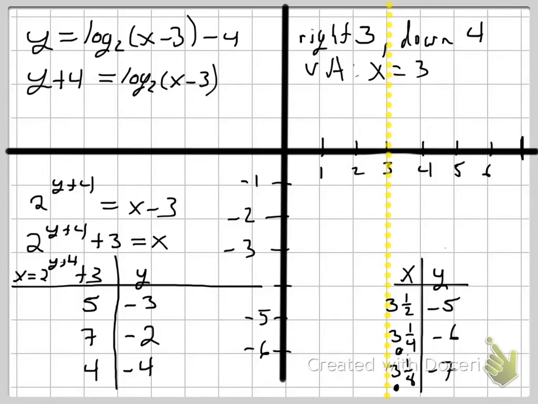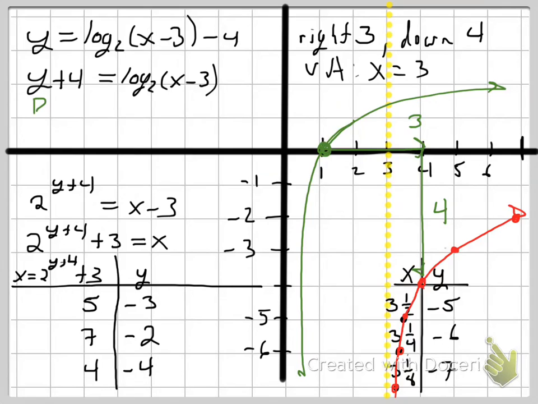All right, so let's go ahead and plot in all our points. I think I'm going to try to do them in red here so they show up a little bit over here. All right. Now, there's a graph down there in red, and I mentioned at the beginning that we could have done the same thing if we moved this point right 3 and then down 4. And we could draw in our original function, logarithmic function. So here we go, right 3 and then down 4,